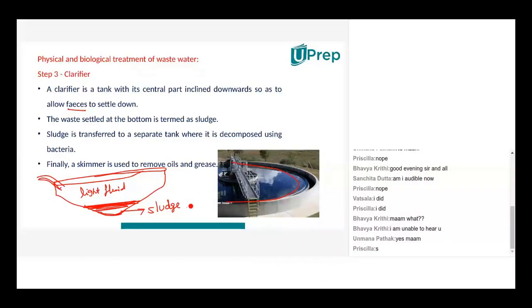Correct. So remember when we were discussing filtration in the lab, we were also discussing the stage whereby we allowed it to settle down for some time in the sedimentation process. So all the dirt was settling down. Remember? So this is kind of that stage. If you compare it to the lab, this is almost the sedimentation stage. Here all the sludge settles down, the heavier stuff settles down.